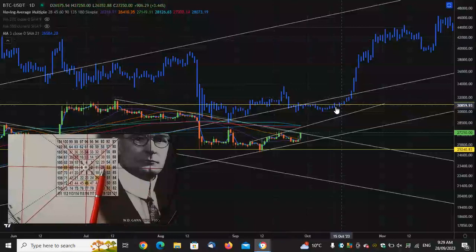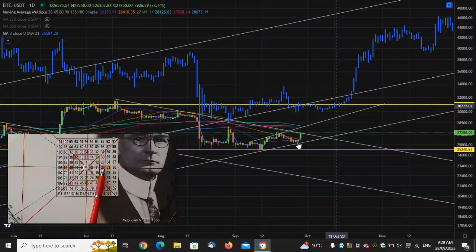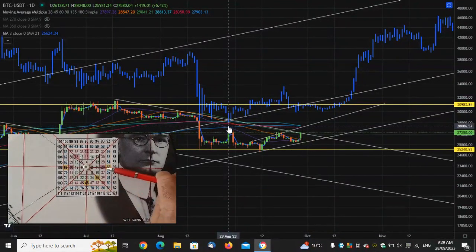I'm thinking that we're going to be retesting these areas right here. I don't think we're done with 31 yet. But if we show weakness here and we don't get above 28, and 28 right here is the halfway point between our 25 and 31,